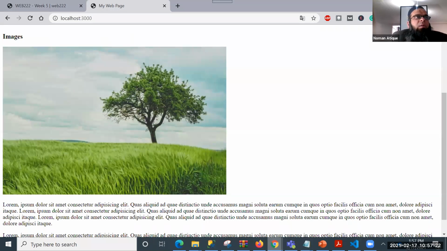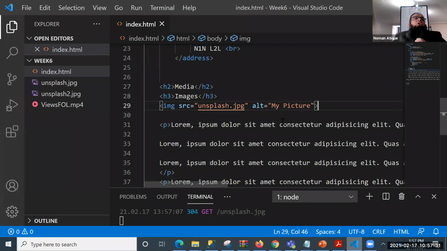There is a chat message. Let me see that. Okay, the question is, what is the difference between JPG and JPEG? In the good old days when the picture format was just introduced, they came up with this JPEG format, Joint Photographic Experts Group, and later on it was named .jpg. These are typically compression algorithms. The extensions that you see in pictures, .jpg, .jpeg, .gif, are typically compression algorithms that provide different levels of compression.